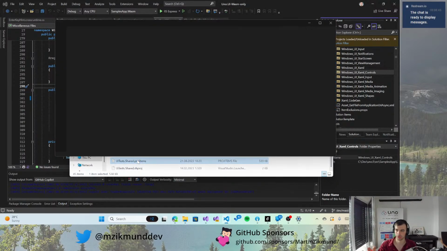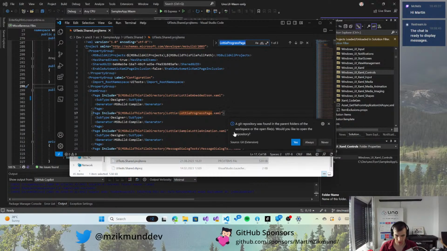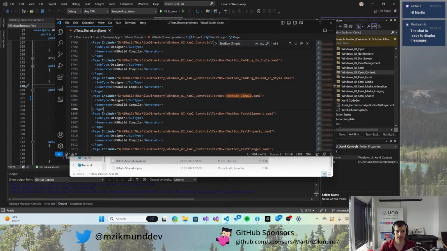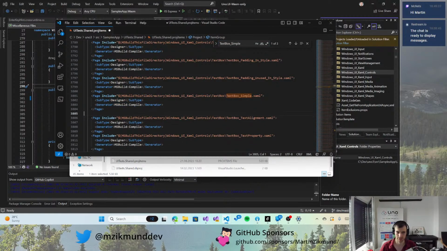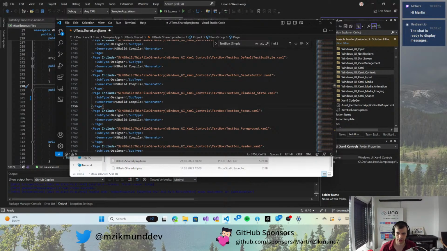The reason why I'm doing this in Visual Studio Code and outside of Visual Studio is the shared projects in Visual Studio are completely broken. If you add a new file into a shared project, it will not actually be added. So instead, I'm just adding them manually in the folder and then adding them in this proj items file,